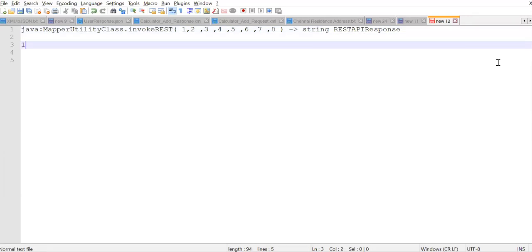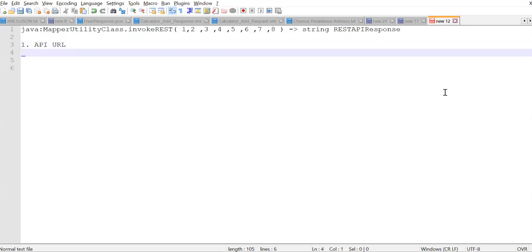The first parameter is your API URL. You can call it the API URL or web service URL.